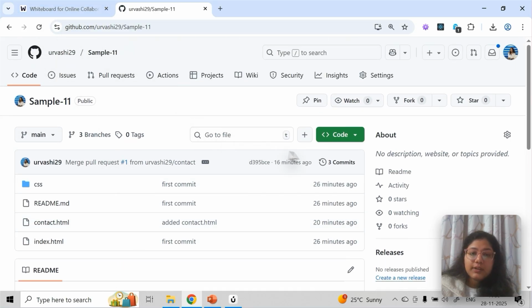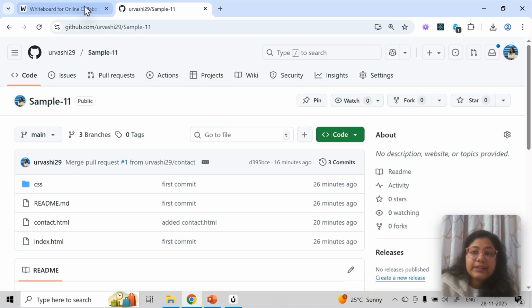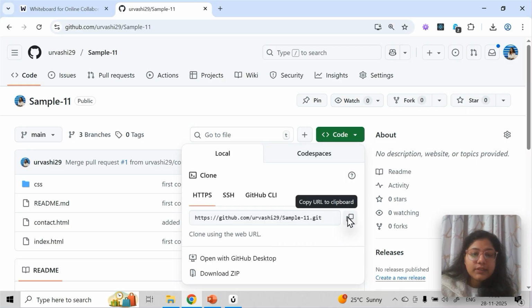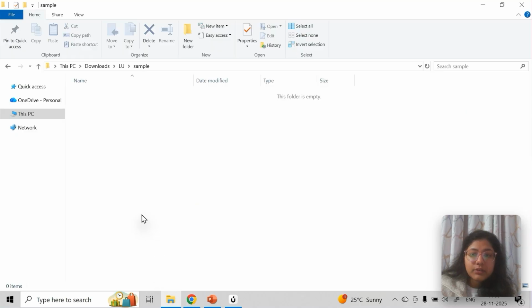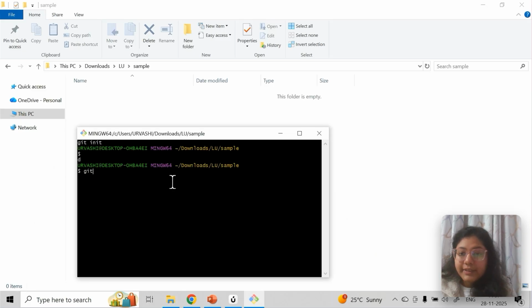So why we are cloning, the reason is every day, let's say I'm into training, right? Every day I push the code, lecture 1, lecture 2, lecture 3, to the same GitHub repo. Then it is very difficult for the student to download it every day. It's not easy, right? So they will clone it. Clone means creating a copy of it. So I'll just copy this link, and come here in your system, in git bash, git init, and we don't have to add, we have to just clone.